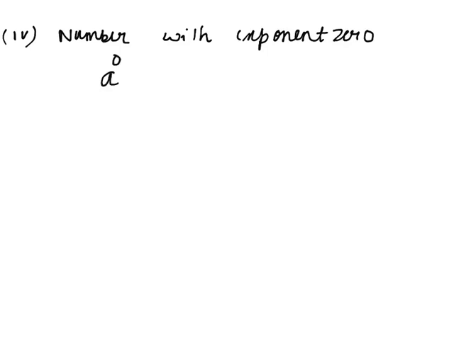The next law is, if we have a number with exponent 0. So what will be the value of that number? Number with exponent 0. It means if we have a raised to the power 0, what will be the value of this? The value of a raised to the power 0 will be 1. So we can prove this thing if we have 3 raised to the power 5 and 3 raised